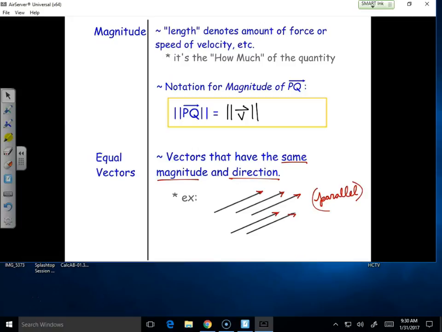Wait a minute, but they're all over the place. Well, in physics, we learned that wherever something is, you can put its own little Cartesian plane with it. And if we were to give each of these little guys a little Cartesian plane, what would be the same about each of their little angles of rotation? Yeah, they're going to be congruent with each other, right? So all the little angles of rotation, even though the vectors are in different places, we can still say they're equal